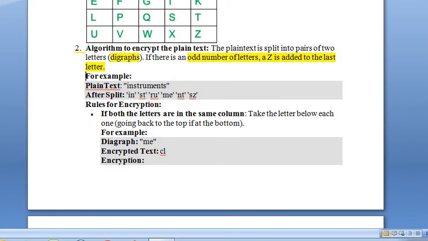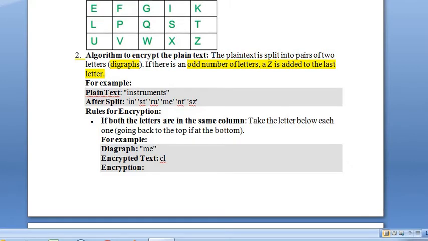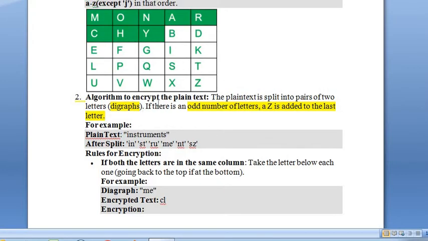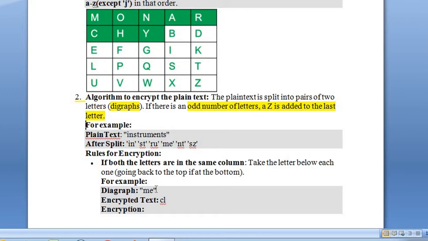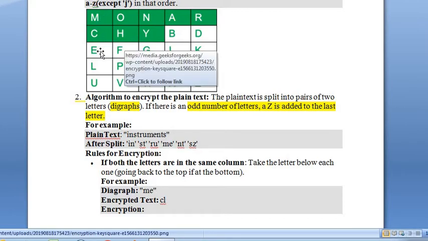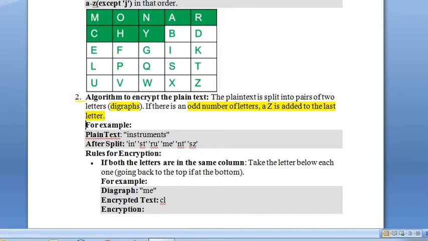Actually, in the 5 by 5 grid, if I encounter ME, take ME for example. M is here, E is here, both are in the same column. So what do we put for M and E?